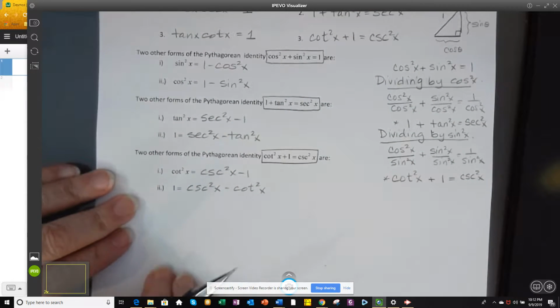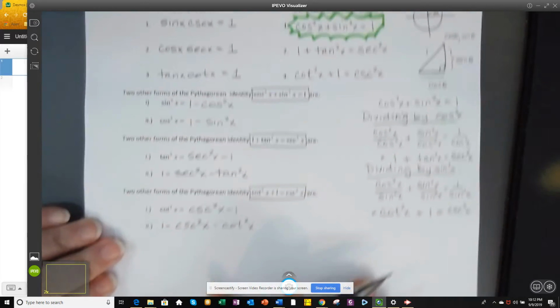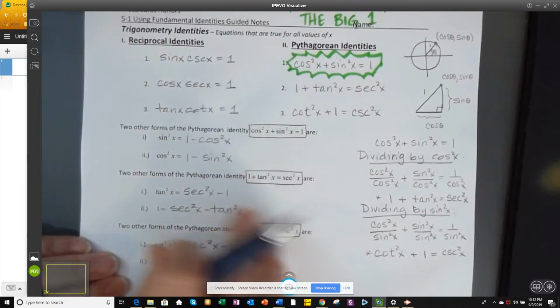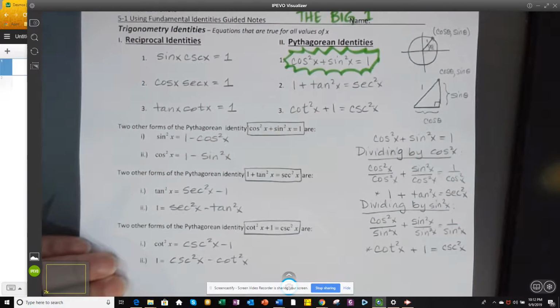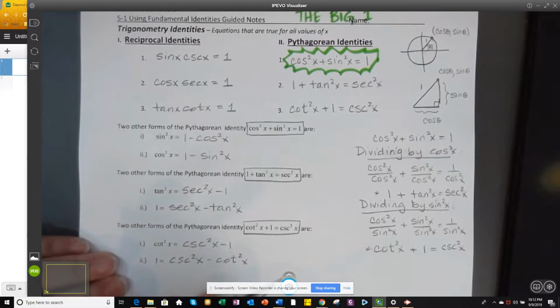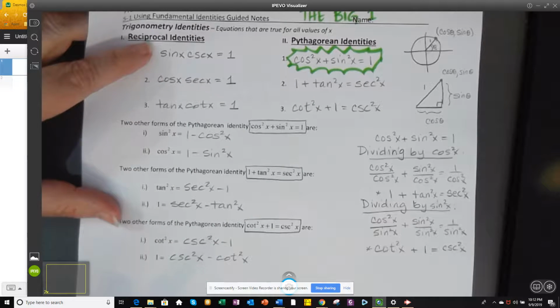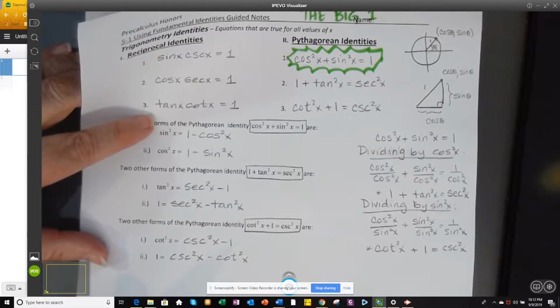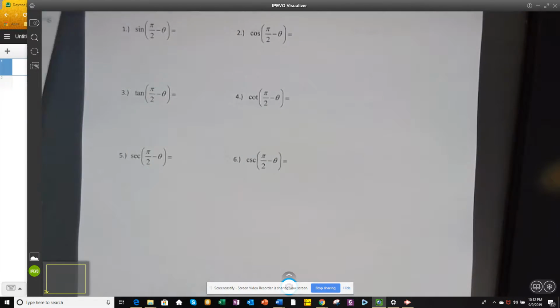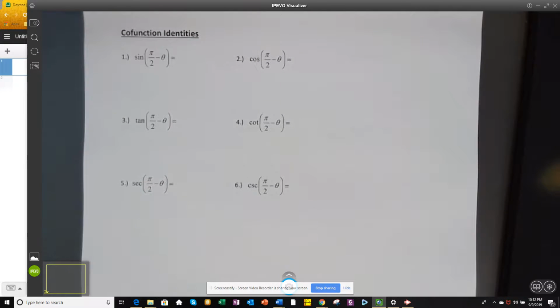So this right here, this page, is going to be one of the most important pages for this whole semester. So this one's an important one. We'll keep this close to us so that we can keep referring back to it. All right. We have another set of identities called the cofunction identities,